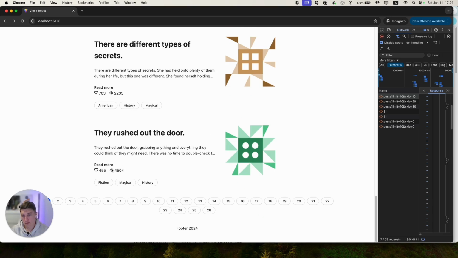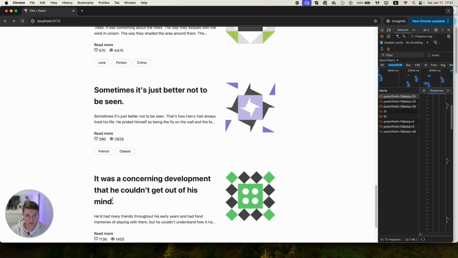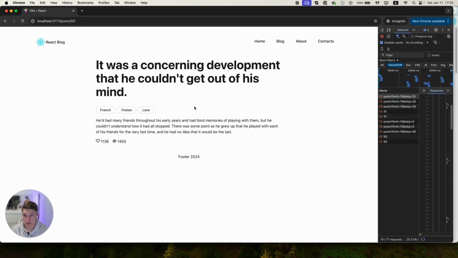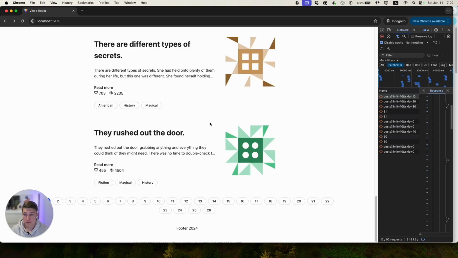Of course, we don't save the state for the page. If we go, for example, on some page 5 and then open the single post page and go back, for example, we don't save that, but I will leave that one for you. You could practice and fix this moment.